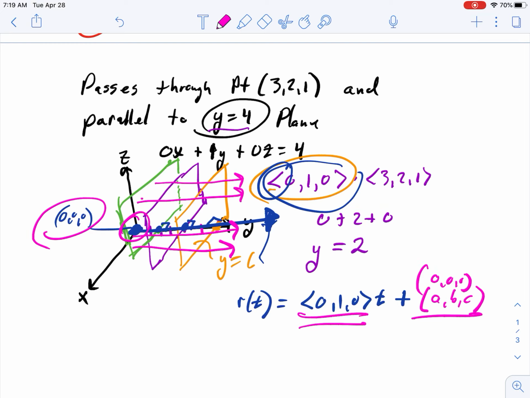Okay. All right, so that's just a summary of hopefully understanding the difference between planes and lines and how you use the slopes. And so the next video is going to